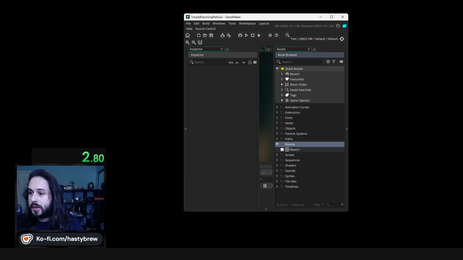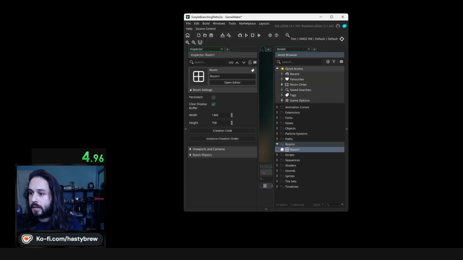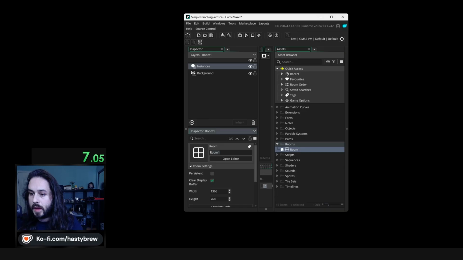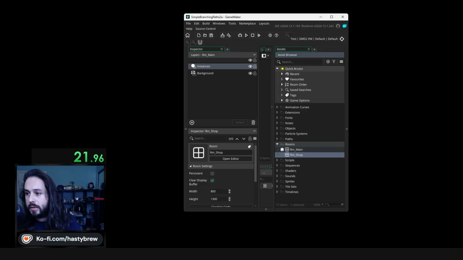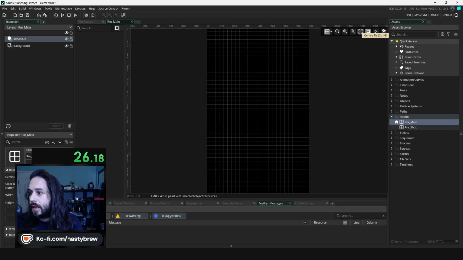The first thing, let's come into our room here and just rename it to room main. And the size, I think we're doing 800 by 1300. And then just right off the bat here, I'm going to duplicate this. So we're going to call this room shop, I believe. Now we're not actually going to use a shop menu, but that'll give you an idea of how you can